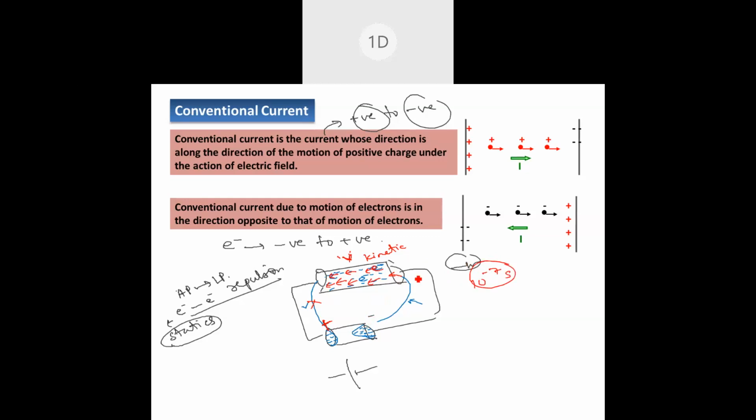Repulsion is there, but this repulsion is a little bit greater, pushing the electrons with some velocity. That velocity is called drift velocity. As the electrons are moving, they are able to overcome this repulsion. So let's say that one electron has come out from here, passed through the wire and entered the positive terminal. The moment one electron enters here, one electron leaves from here, and this is your path.